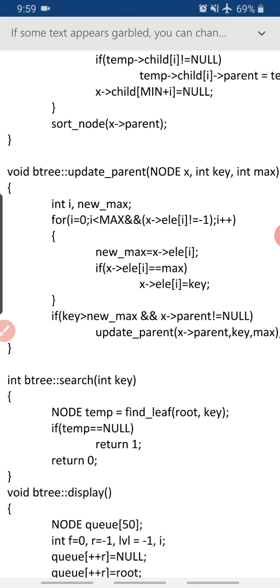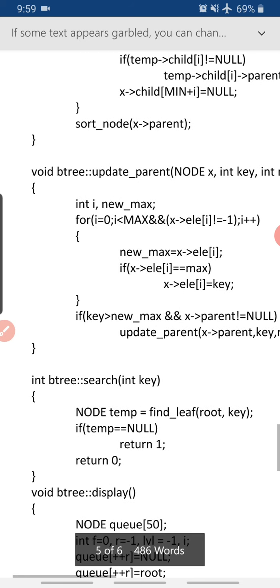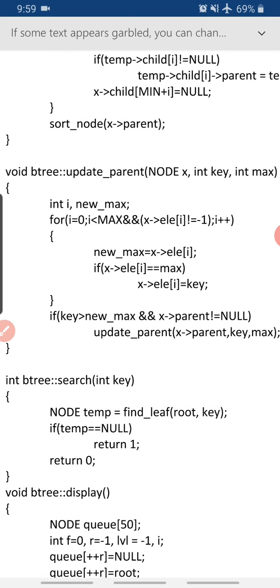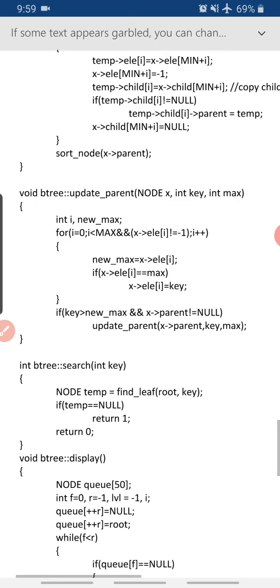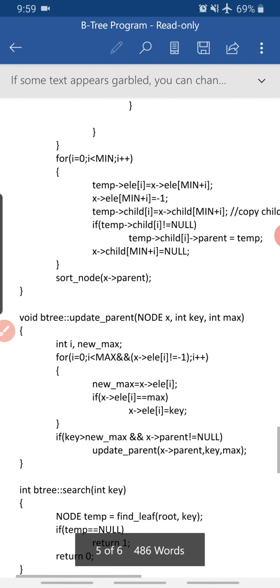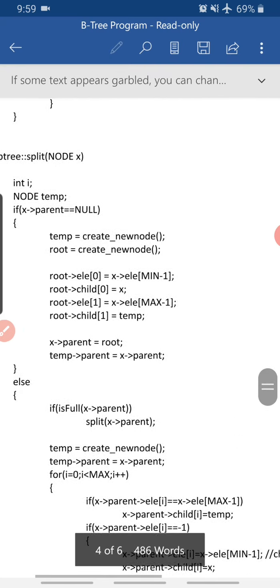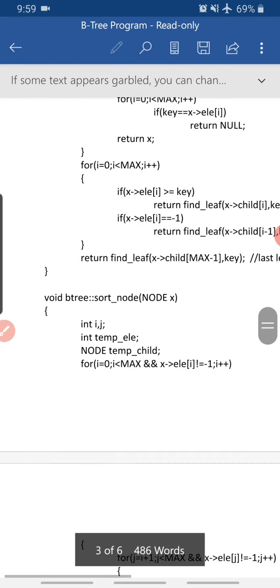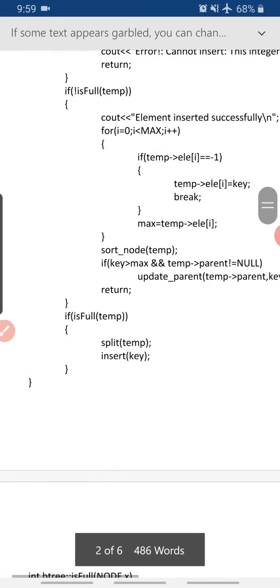It doesn't stop at one parent, it has to go on to all the higher levels of the tree until the root node. So if key is greater than new max, and this parent is not null, we call it recursively. This update parent takes care that the propagation happens until the root level.